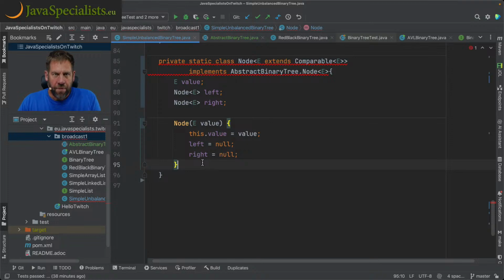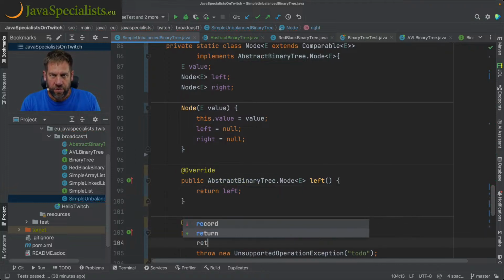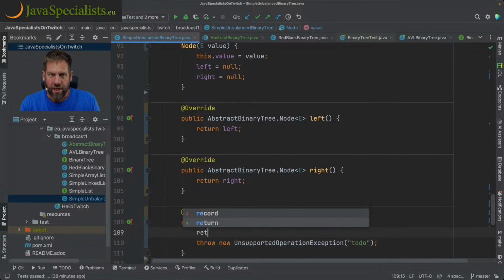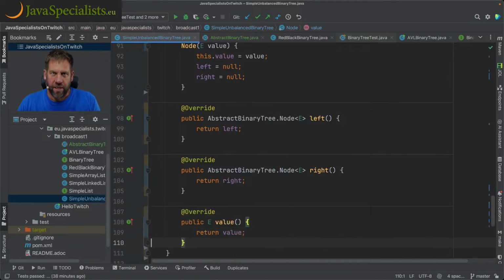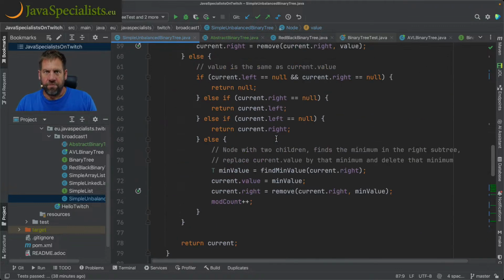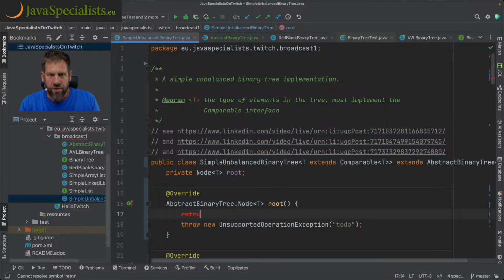And in order to implement that, we need to, of course, have left, right, and value: return left, return right. And I could probably do this with AI, but this is so easy. Just get it done and be done with it. All right. So this is my private static class node, extends abstract binary tree node. So it's my specialized node. Of course, I could rename it to something else, but I'll keep it like it is. And I think that's all I need to do, except